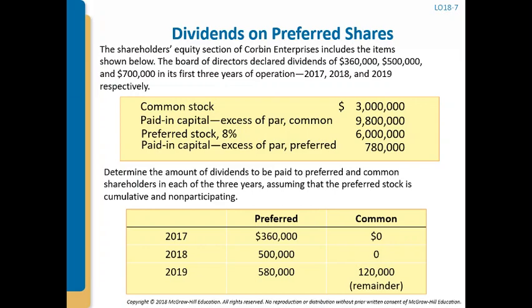And if there's any amount that's not paid to the preferred shareholders, that excess amount rolls until it is paid